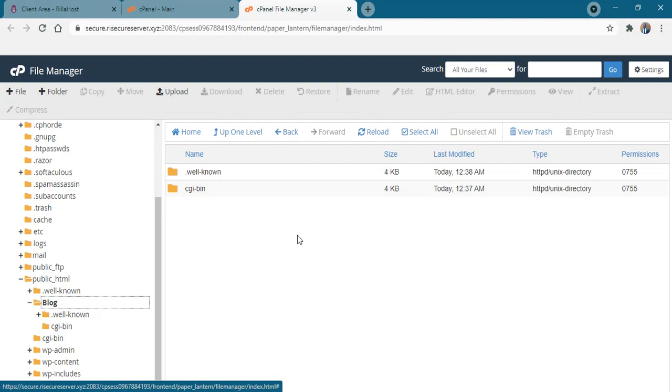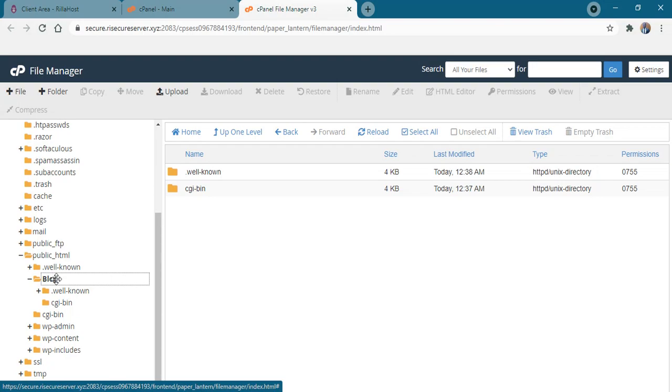That's how to create a subdomain, and the same way I've shown you how to delete a subdomain if you don't like it, and that's also how to locate where the subdomain that you've created will appear under your file manager, directly under the public HTML folder.